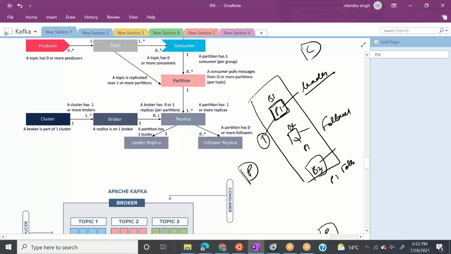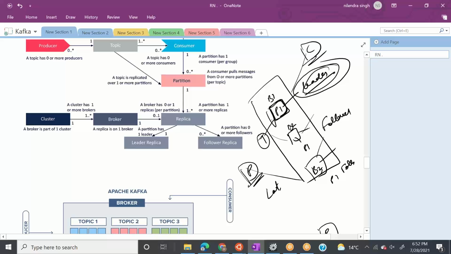Now, the question arises, on which partition does your producer need to write messages? If it writes messages to all the 3 replicas, there will be a lot of latency. If your consumer reads messages from different partitions or different replicas, there will be latency. So Kafka says, I will assign one leader, and as a producer or consumer, you just need to interact with this leader. How the leader is chosen, that's a different story. We'll cover it later. But out of 3 replicas, there will be only one leader.